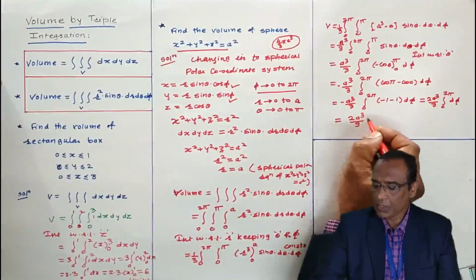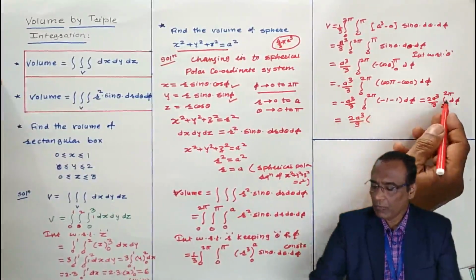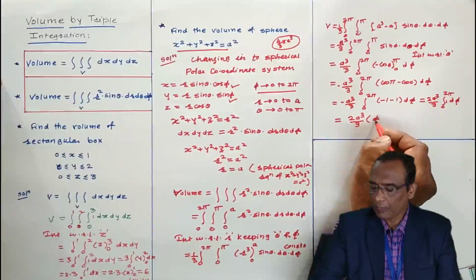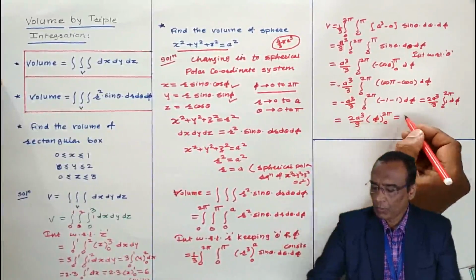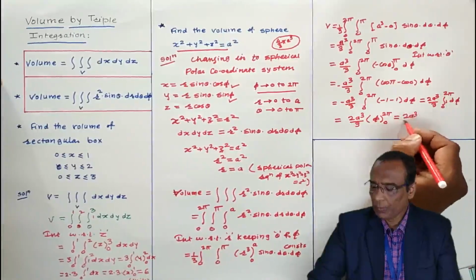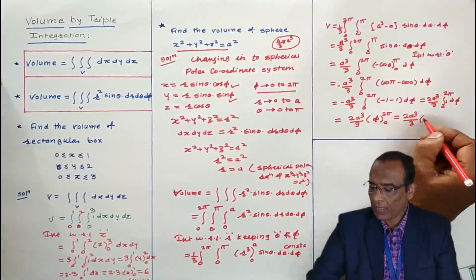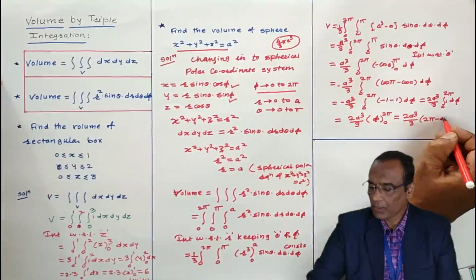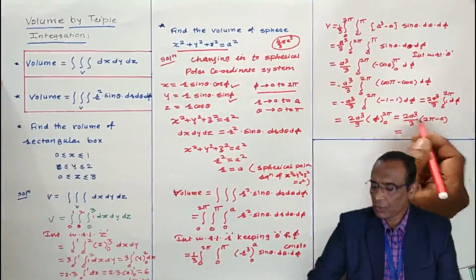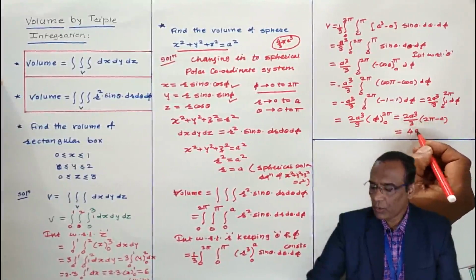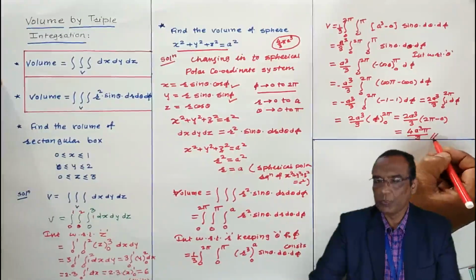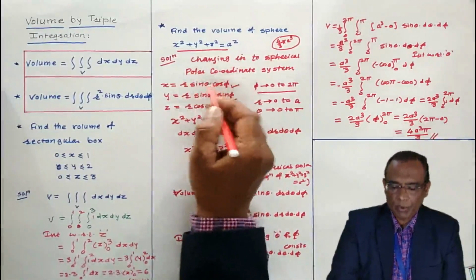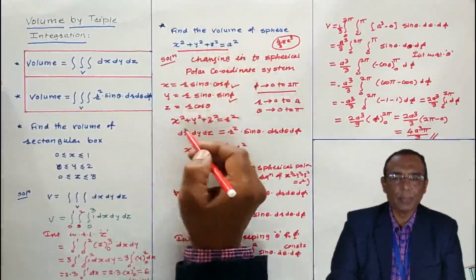So I am integrating with respect to phi. The integration of 1 with respect to phi is phi. Lower limit is 0, upper limit is 2 pi. Put upper limit, lower limit, 2a cube by 3 as it is. Put phi equal to 2 pi, put phi equal to 0. And in this way, 2 into 2 is 4, a cube is as it is, pi is there in the multiplication, divided by 3. Okay, this is the volume of the sphere. In this way, we found the volume of the sphere using triple integration.